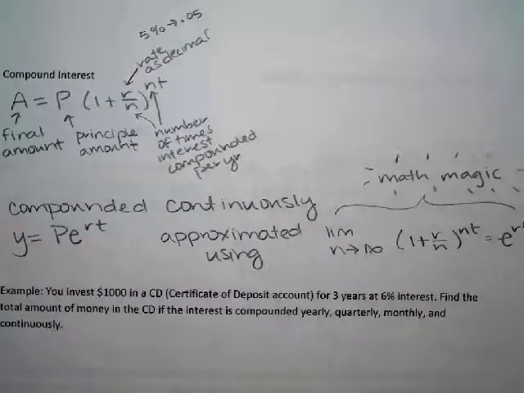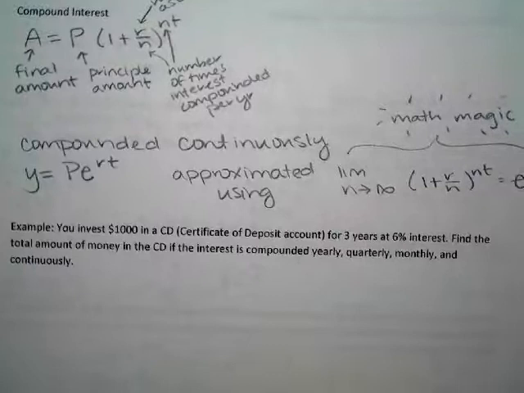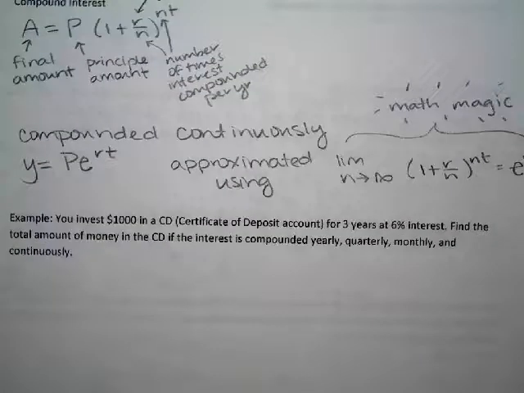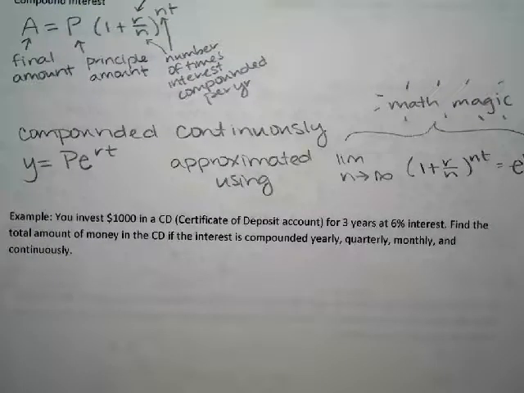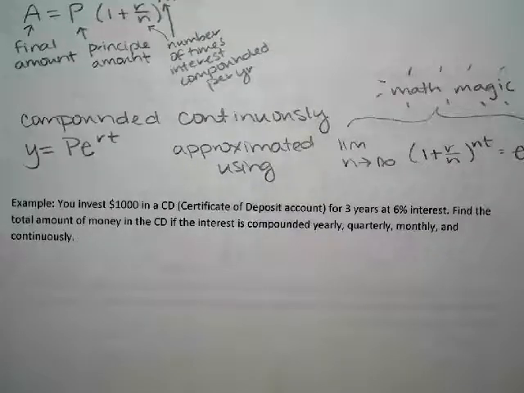So dollars in a CD, which is a certificate of deposit account, for 3 years at 6% interest. That is very high. You would be lucky to get that. I think interest rates are like 0.25%. Right? There you go. They have dropped since I've last seen them. Find the total amount of money in the CD if